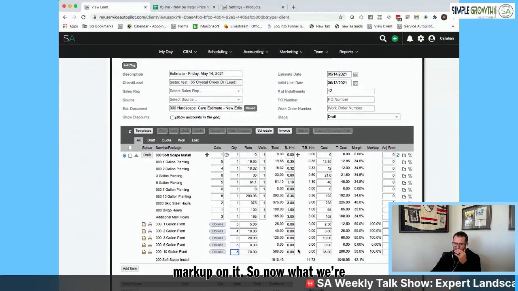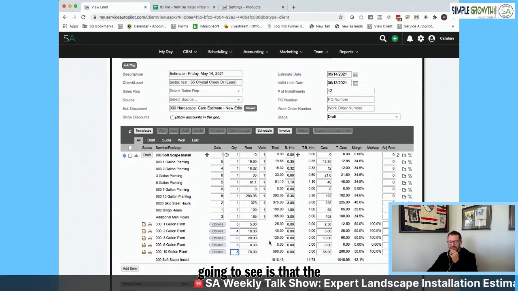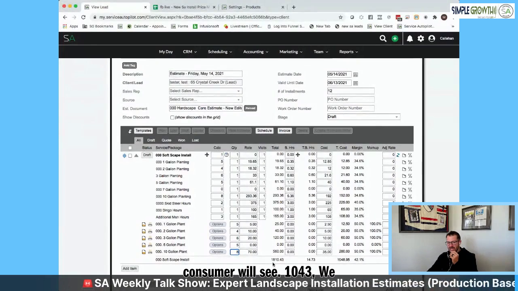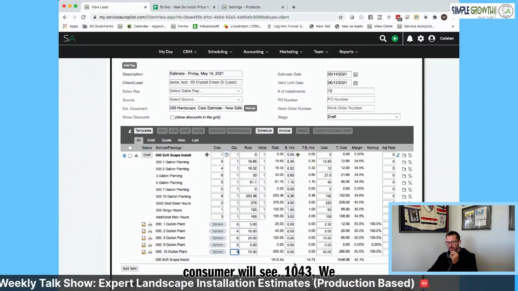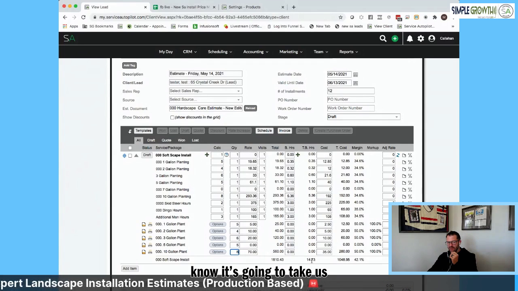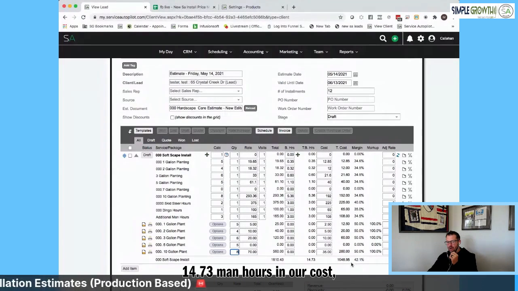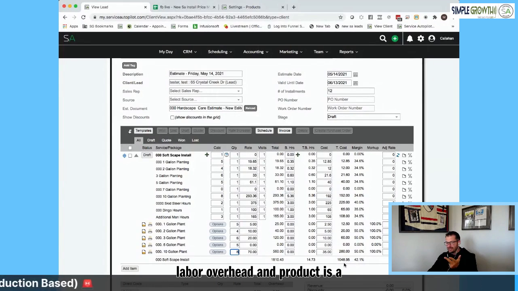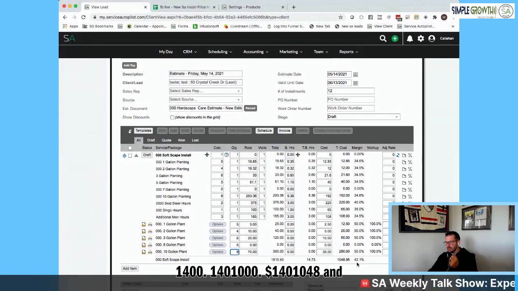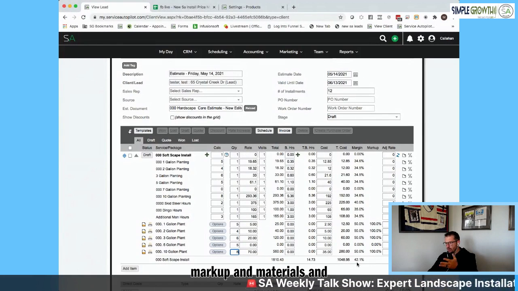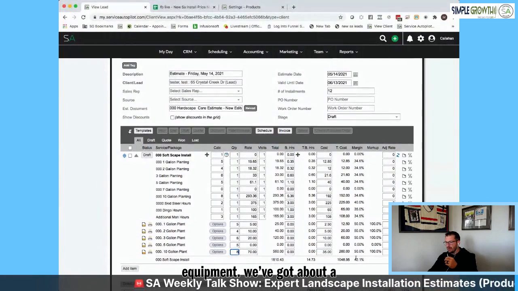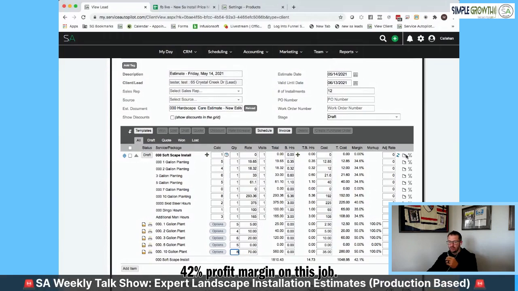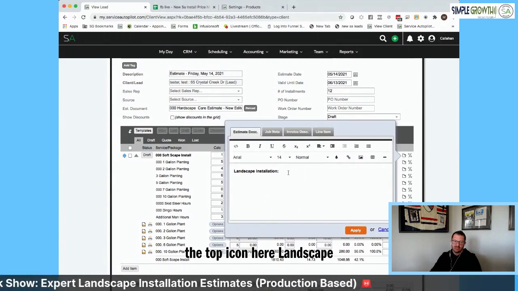So now what we're going to see is that the consumer will see $1,810.43. We know it's going to take us 14.73 man hours, and our cost, labor, overhead, and products is $1,048. And we've got between labor, markup, and materials and equipment, we've got about a 42% profit margin on this job. So what we're going to do is the top icon here, landscape install,